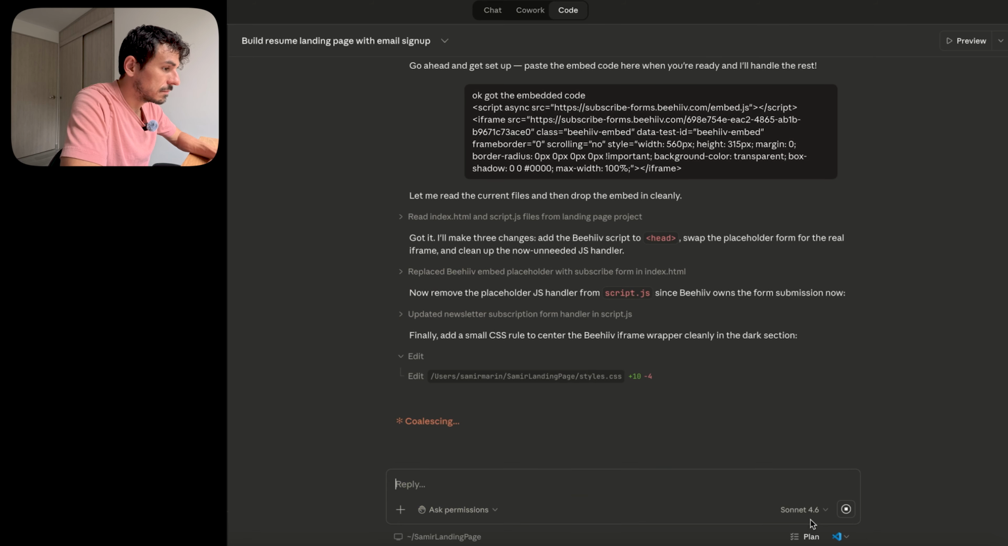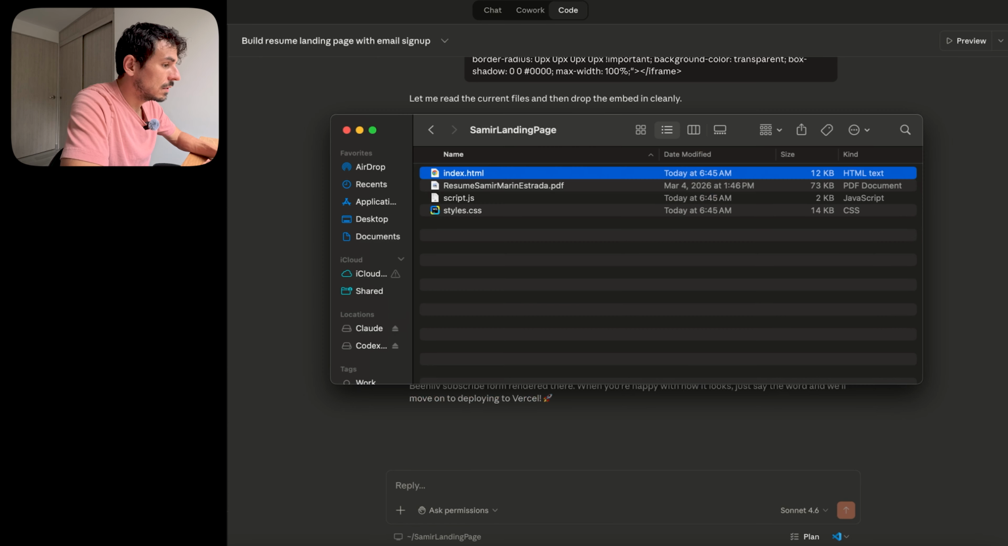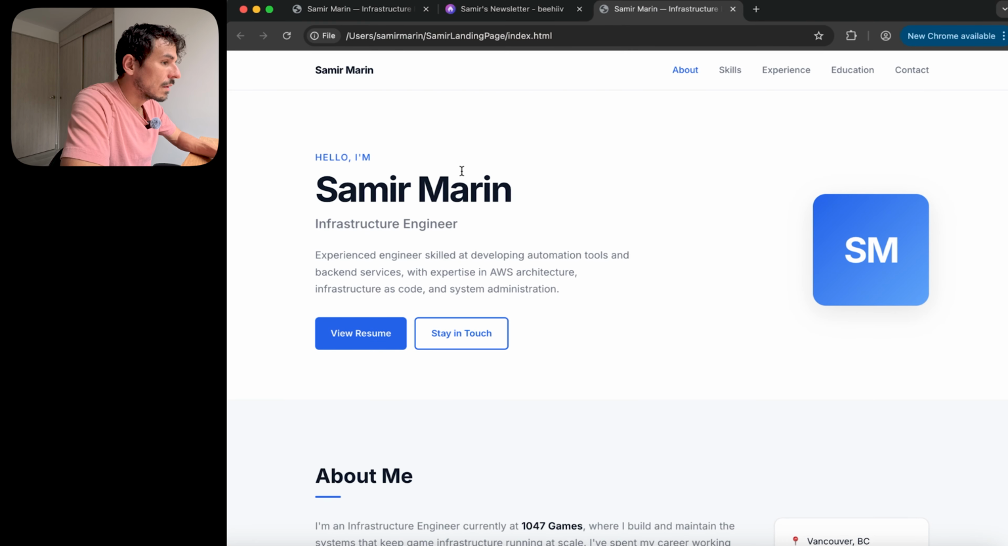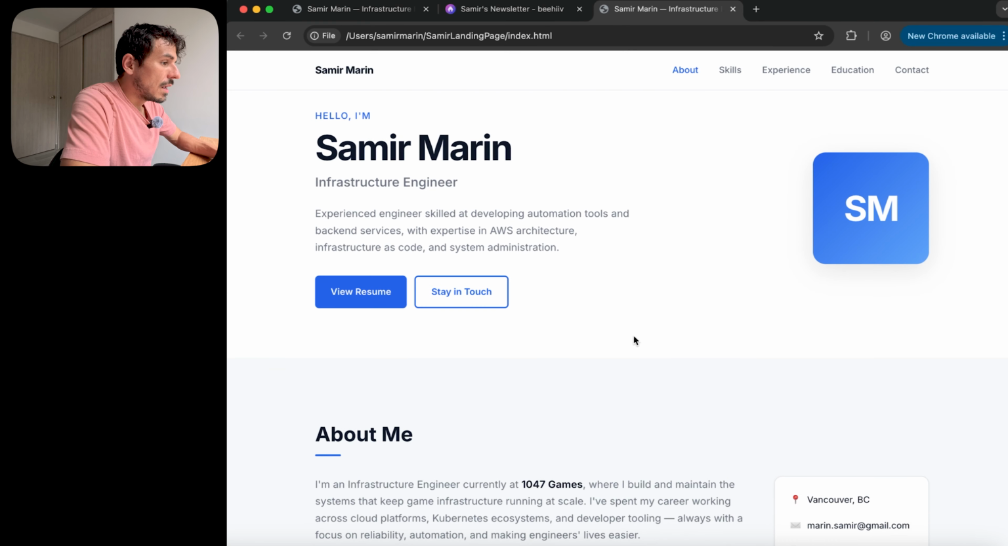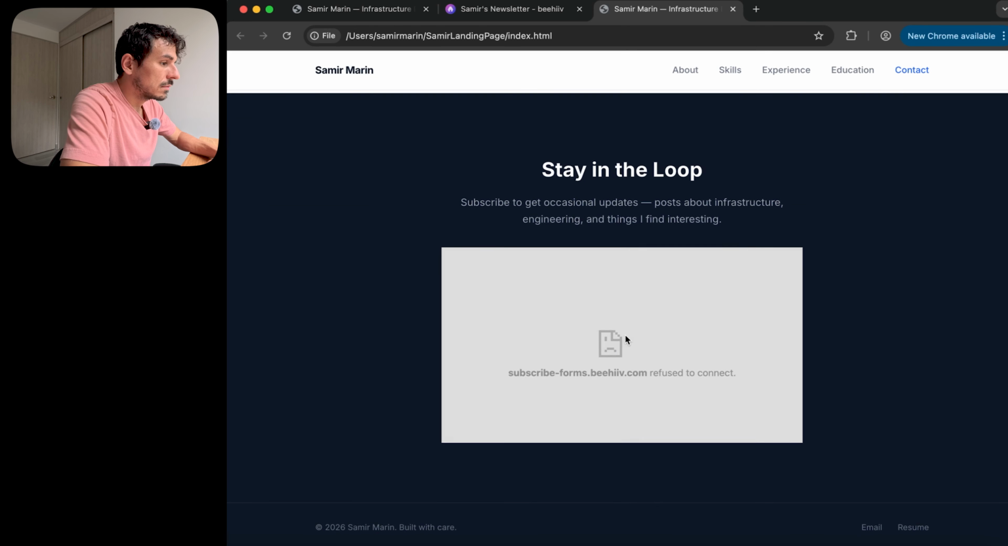We'll take the styling. Okay, now it's telling us to open up index.html in our browser, and we can scroll down to the stay in the loop section, and we can see the subscribe form, and we can try it out. Even before we deploy, it should work. So let's head back to index.html. I'm going to open that in the browser, and we're here. And if we go all the way down,